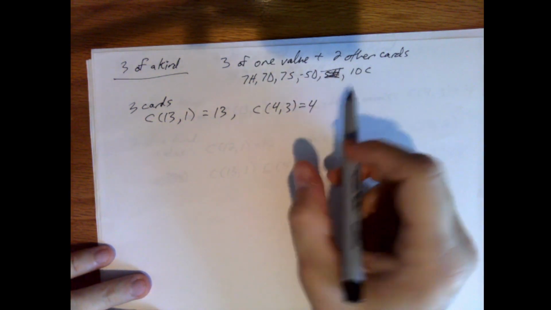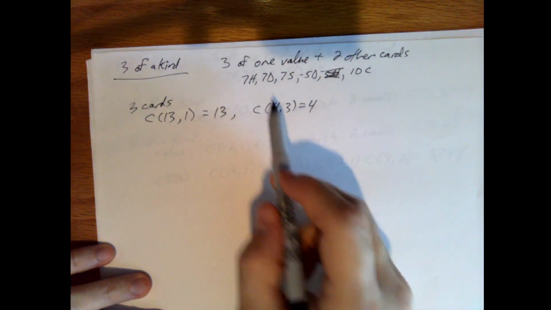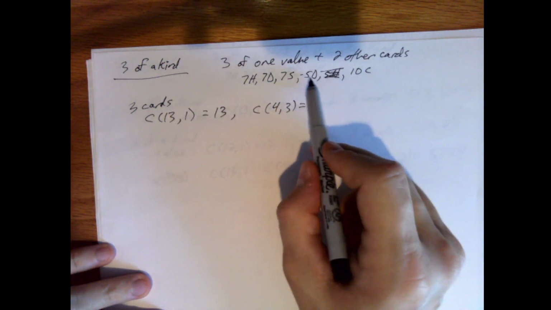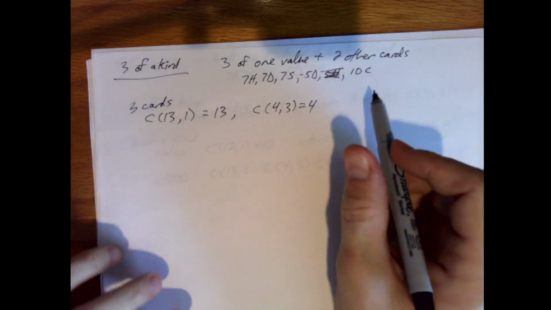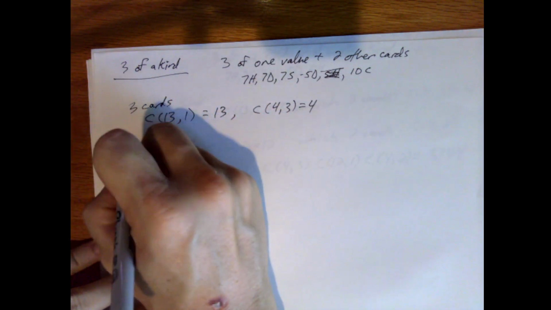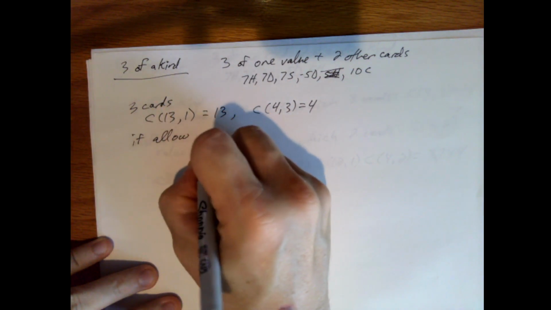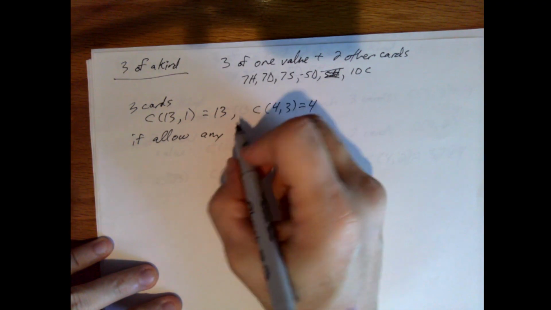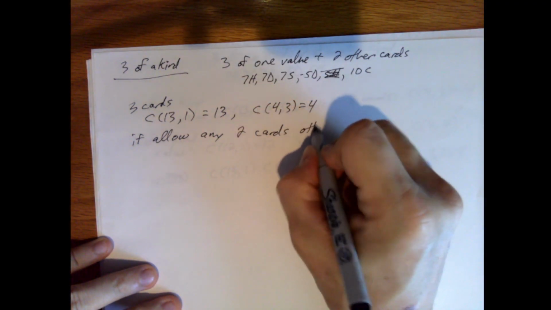So there's 52 of these. But what if we just picked any other 2 cards? We didn't worry about full houses. Okay, so if we allow any 2 cards other than,